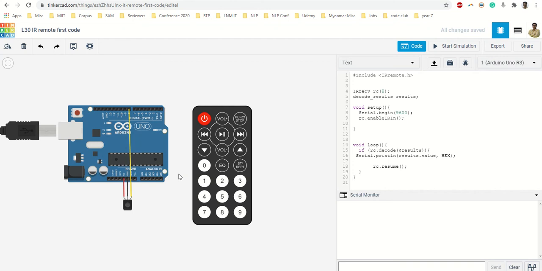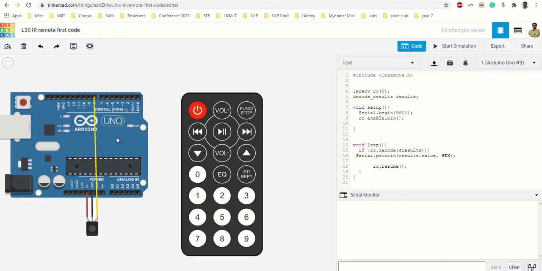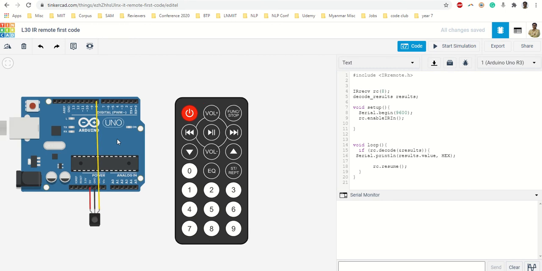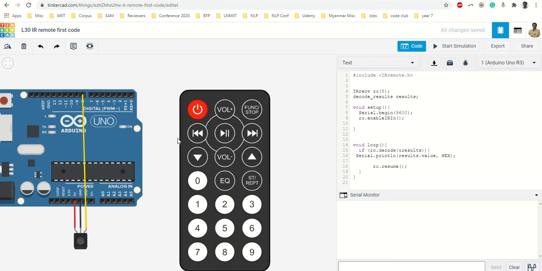We are able to set up a remote control using Arduino and we are able to get all the hex codes for each button. Now we are going to make something which every child dreams of, that means his or her own remote controlled car. So I have a remote, I have Arduino, I get a few motors, like two motors are required, and the chassis and all, and I should be able to make my own remote controlled car. To keep the thing simple, I'll use only four buttons or maybe five.